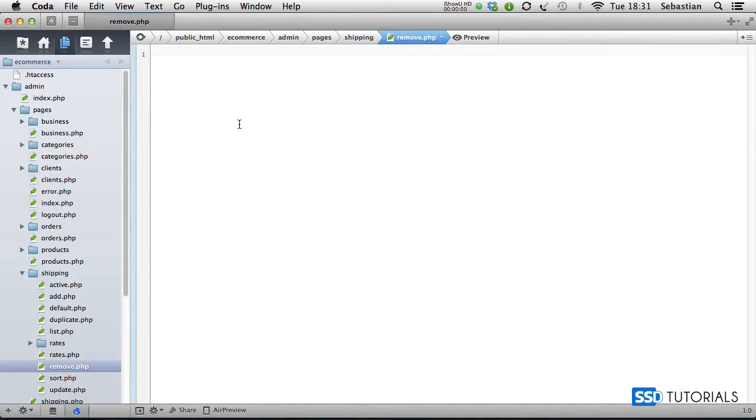Now that we can add the record, it's time to create the file which allows us to remove it. So inside of the admin pages shipping, we open the remove.php. This one will be pretty short actually. We start with the opening PHP tag and we start with if object shipping